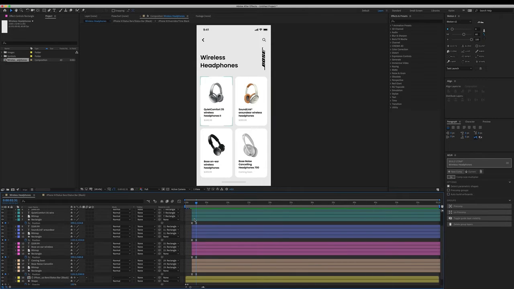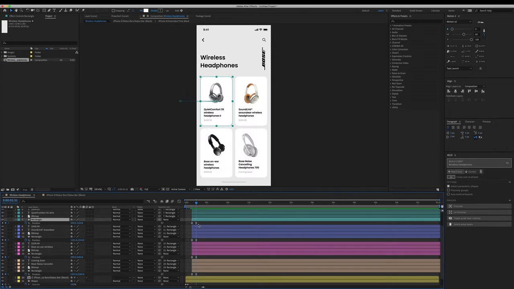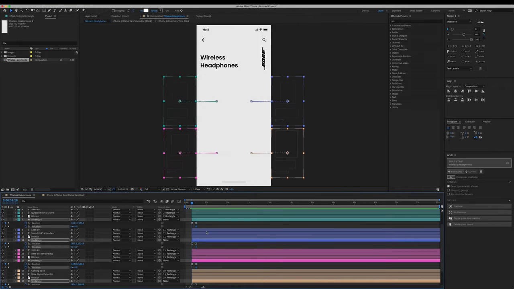Let me go back to this keyframe here, and let me go to this keyframe here and select all these 3, sorry, first, and then press R for rotation. Let's drop in a rotation keyframe here. So at this point in time, we want them all to be 0 degrees rotation so it's lined up nicely. But then I'm gonna click U, I'm gonna click J to go back into the keyframe here,